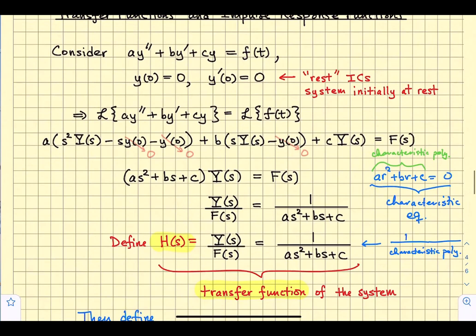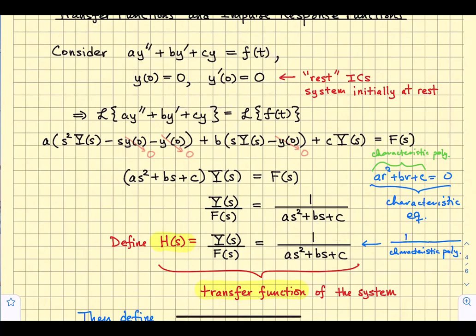And we can tell you how this story always ends computationally. Big H of S is defined as big Y over big F, but that's always just going to be 1 over the characteristic polynomial. This big H is called the transfer function of the system. The transfer function is defined to be the Laplace transform of the output of the system over the Laplace transform of the input of the system. And in these types of problems, it always comes out to be 1